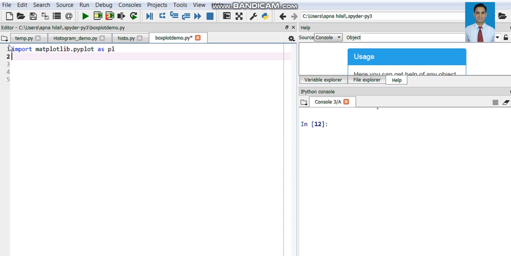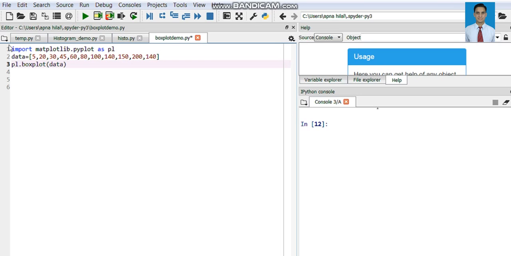Then we will take data, any data you want, like this, and then we have the plt.boxplot method of pyplot, which is used for creating a box plot, and the parameters are optional.